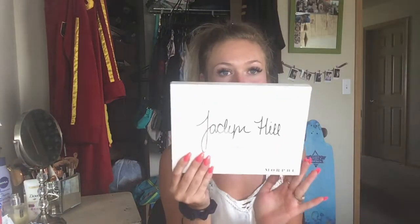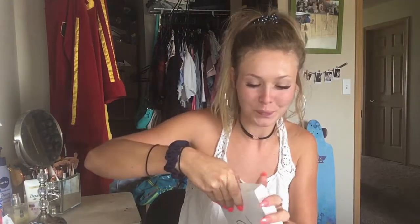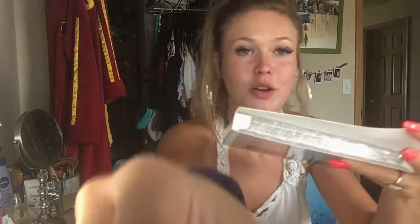So on to the really exciting part. Super exciting, guys. This is the main reason I was going, plus my moisturizer. But this, oh, can we just, oh, what? You're perfection. But I'm opening this now. Oh my gosh. It's so perfectly wrapped, really safe in there, right? This is the first time I ever opened it in real life. I mean, I saw the swatches at the store, but